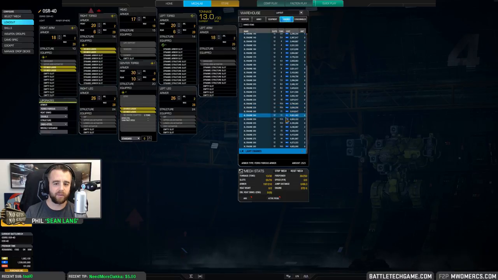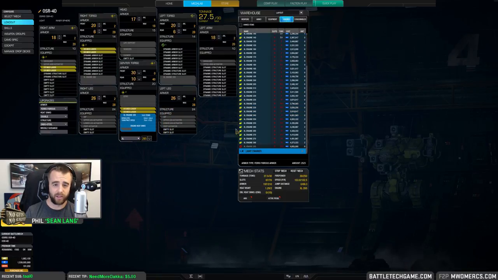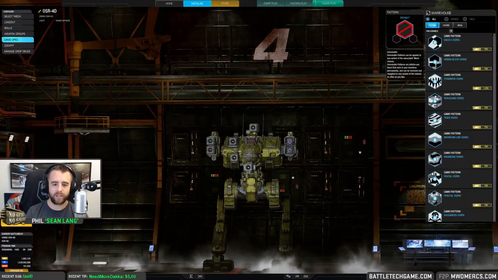Obviously, being on a light, I would always recommend an XL engine. But maybe someone finds a light engine counterpart to play, maybe small pulse. And I say small pulse because we do have some laser changes coming that's going to affect the DPS of the ER mediums, medium pulse on both sides, Inner Sphere and Clan. And this may bring small pulse back to where they have higher DPS. I'm not sure yet on that. But if you do small pulse or something along those lines, potentially we'd see this. But sort of give you an idea,